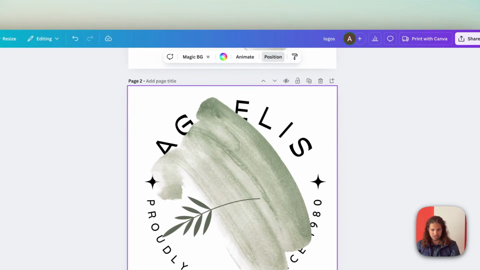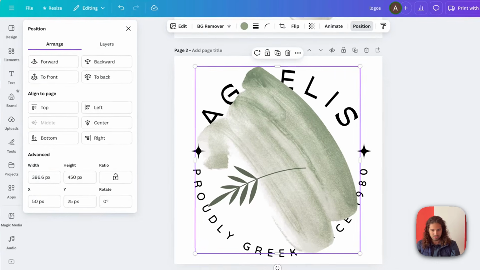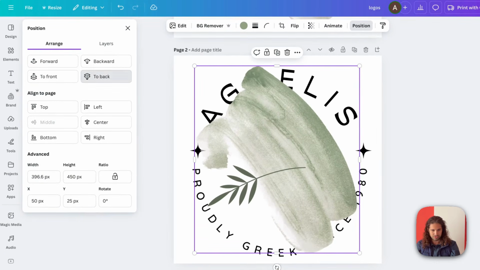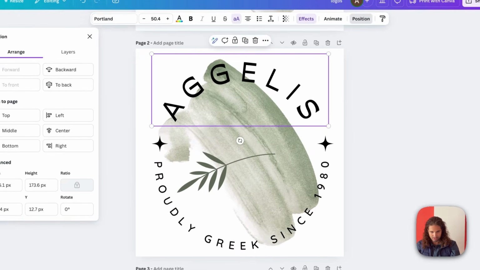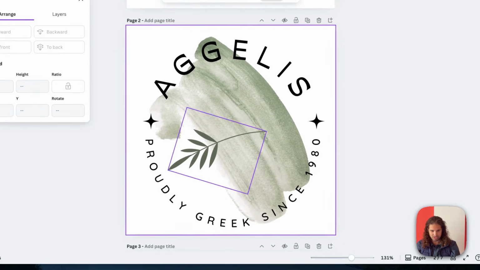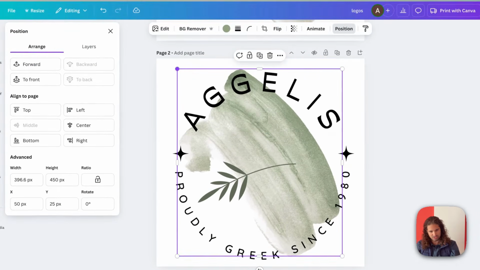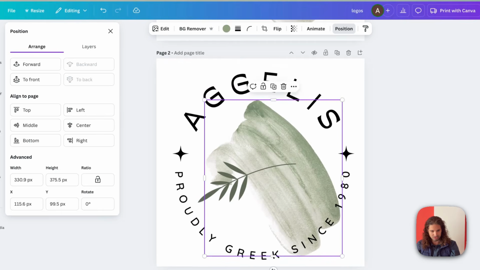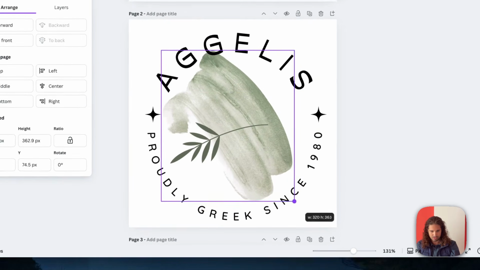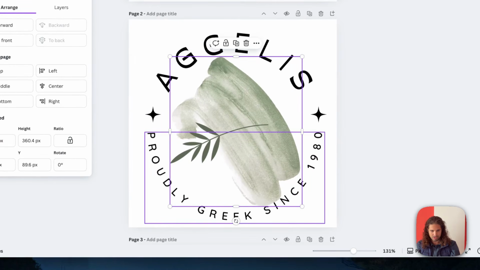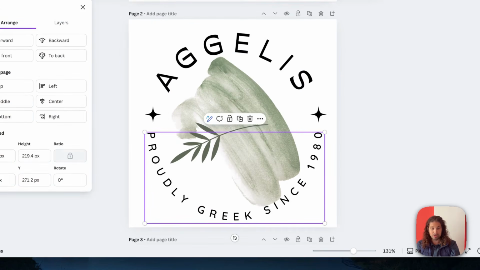The way you do this is just click on it and click on position, and you go to arrange, and it just says to the back, and it goes to the back like that. And right now it's pretty much done. Now I want to match it. I want to give it, I guess, a bit of a smaller size so that personally, it just meets my taste. And here it goes. And that was it. You just click on it, minimize it, and we have now a logo that's ready to